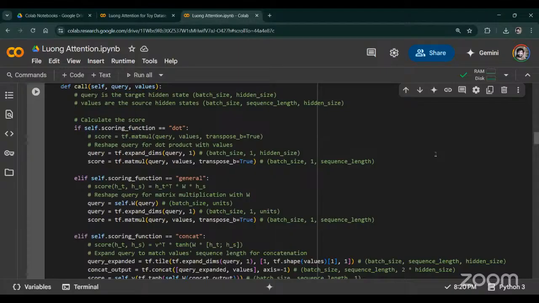Now the important thing starts here. The first thing is calculating the dot product. So the dot product is basically between the hidden state and the encoder. Wait, I'll put one line here. So this dot product is basically between the decoder hidden state and the encoder's outputs. Okay, that is the first thing. Now to obtain the shape,